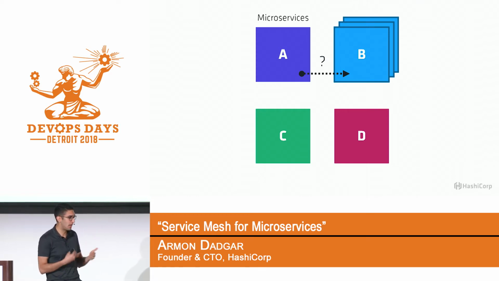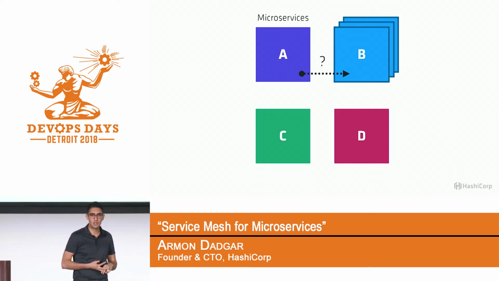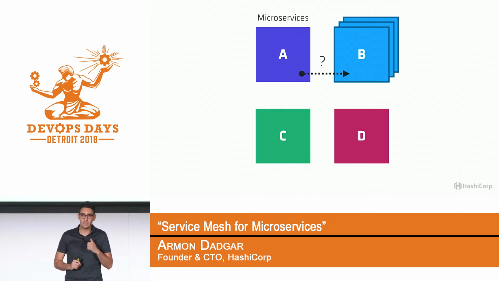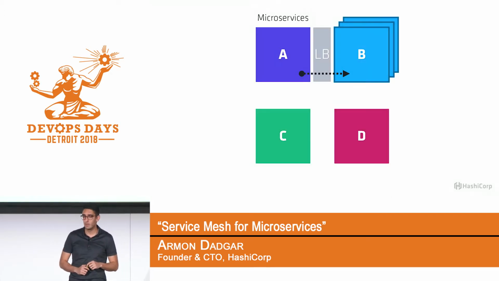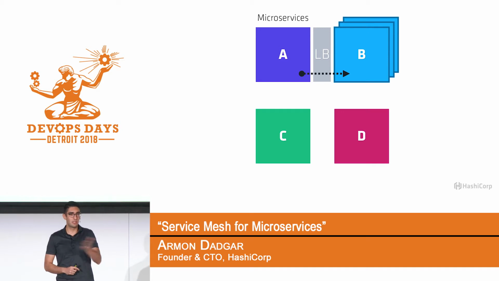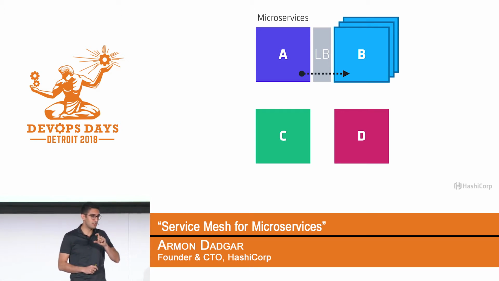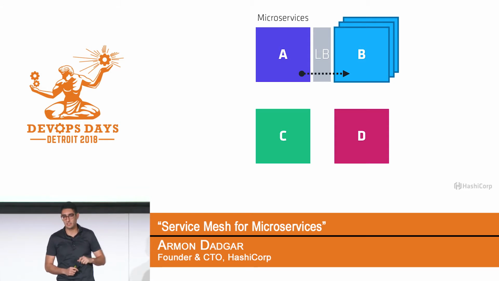You're going to run multiple copies for availability, for HA, to scale out, whatever the reason might be. It's not going to be one copy. So how do we think about A needing to bridge that gap? It can't just hard code the IP of one instance of B. So historically, what you would see is put a load balancer in front of every service tier, right? A hard codes the IP of the load balancer, then our load balancer brings us back to service tier B,